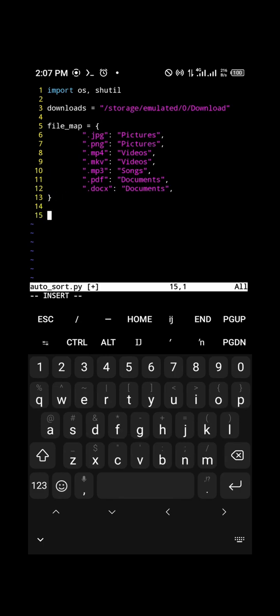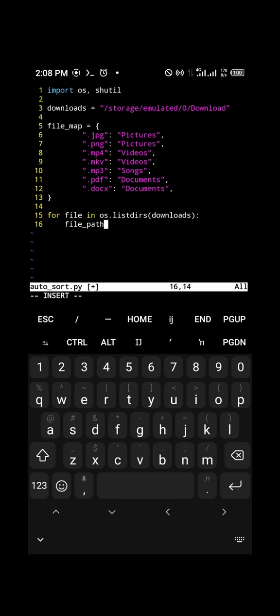And then we are going to now loop through every file in the downloads folder. So we are going to check for the file extension and check if it's defined in our file_map dictionary, and then move it to the right folder specified. So for that, we'll loop through every file; we'll list the directories using the listdir function provided by the os module. And then here we'll specify the folder path, which is downloads, that we have defined earlier. So for every file in the downloads directory, we'll